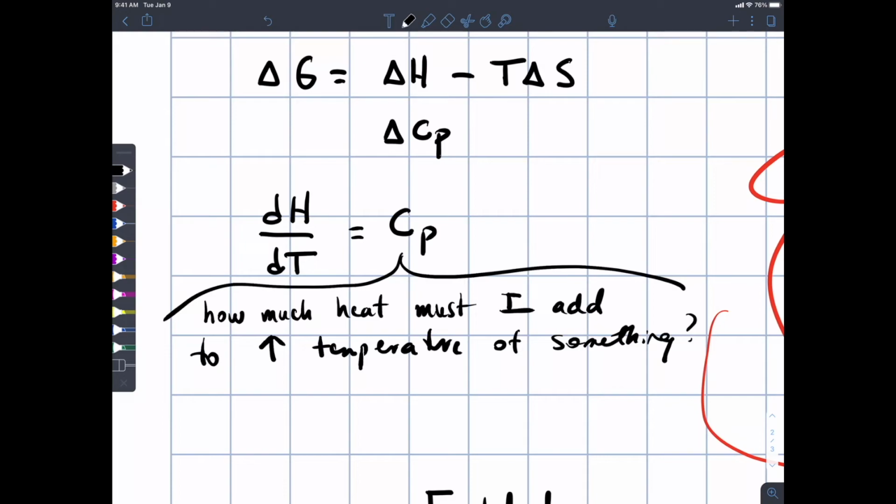What is temperature anyway? What does that tell you? How fast things are moving. Right, average kinetic energy of the molecules. Okay. So if you want molecules to move faster,